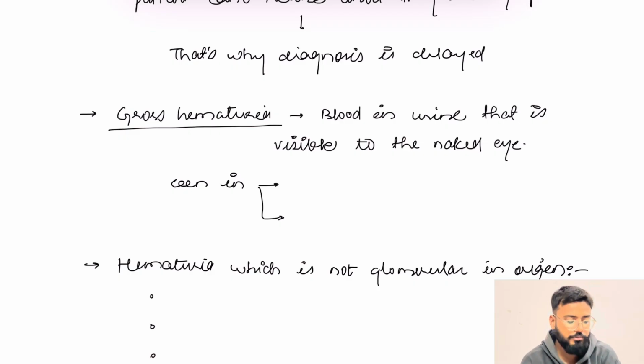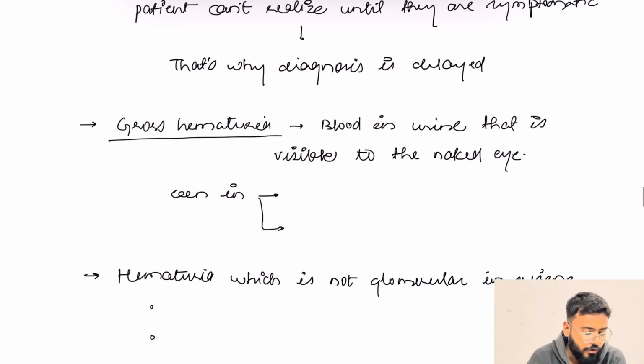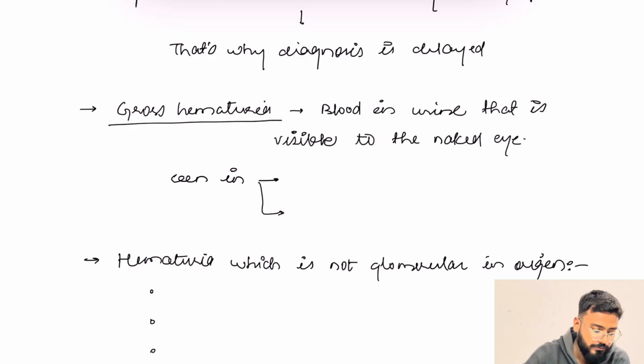Now gross hematuria, we will see gross hematuria when the blood in the urine is visible to the naked eye. The patient can see the change in color of the urine because of the blood. So that is your gross hematuria. And gross hematuria, you are going to see in case of